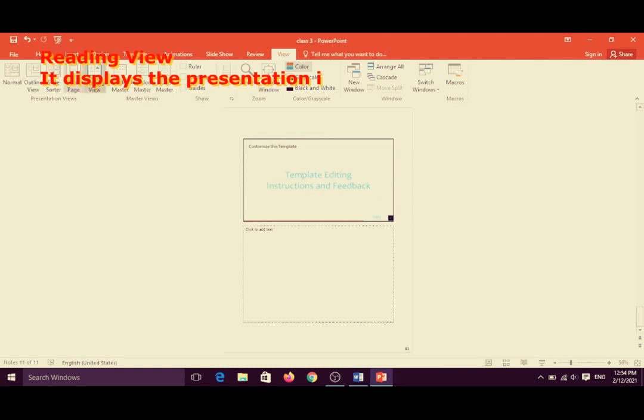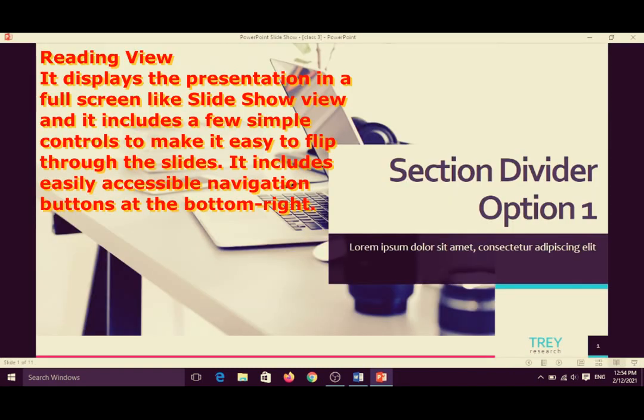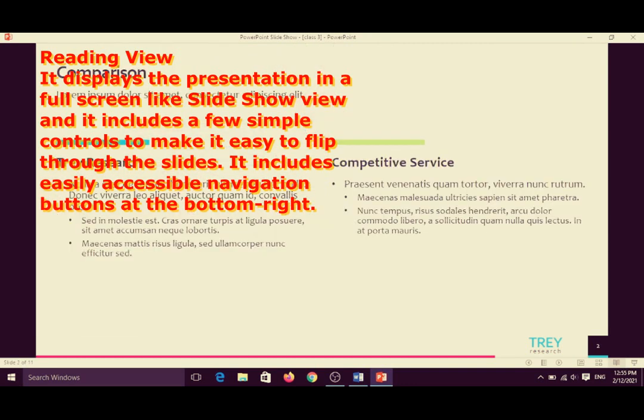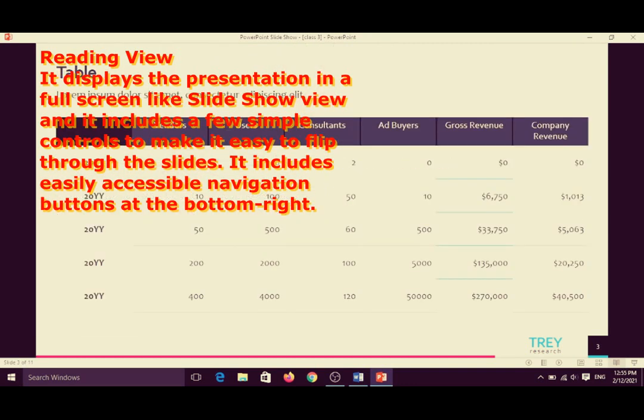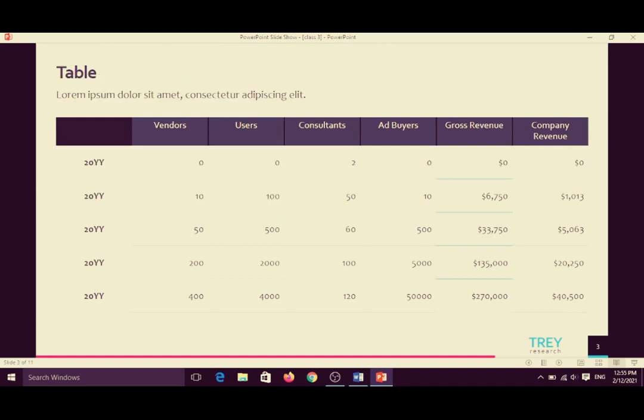And then Reading view. Now this time it is Reading view. It displays the presentation in full screen like Slide Show view, and it includes a few simple controls to make it easy to flip through the slides. It includes easily accessible navigation buttons at the bottom right.